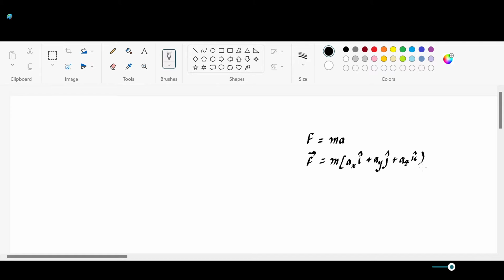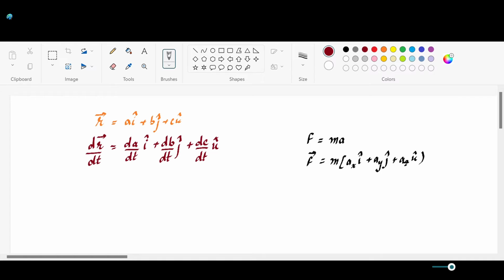So to understand this basic part, let me define a vector. In a given three-dimensional coordinate system, a vector r is defined as a i plus b j plus c k, where a, b, c are simply the coordinates in three dimensions. If I differentiate this vector, we will find dr by dt, the rate of change of the position of the particle with respect to time, and that will be given as dA by dt i cap plus dB by dt j cap plus dC by dt k cap.